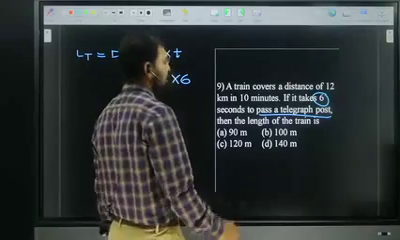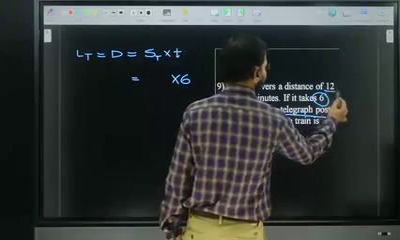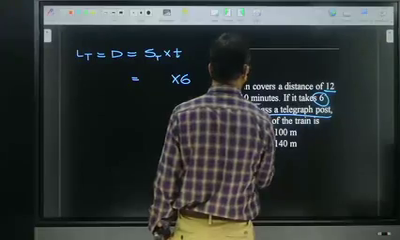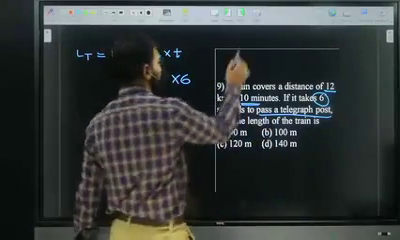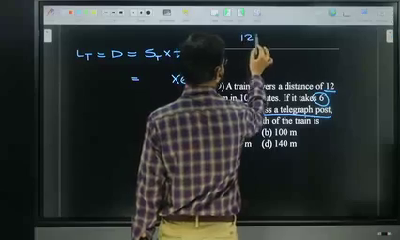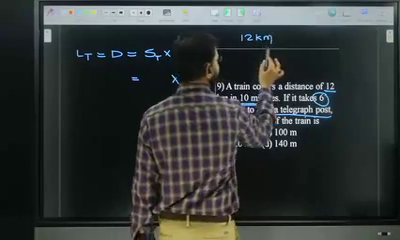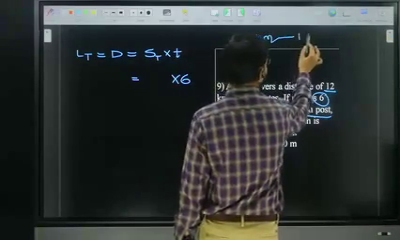Here the speed is 12 kilometers in 10 minutes. Amma, 12 kilometers in 10 minutes is nothing but... look at me, all of you. 12 kilometers in 10 minutes is nothing but,